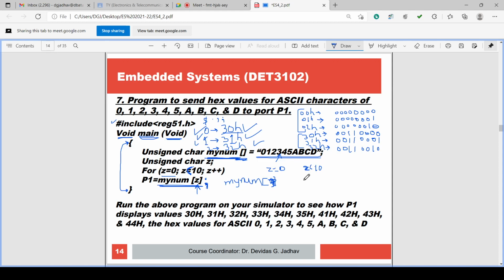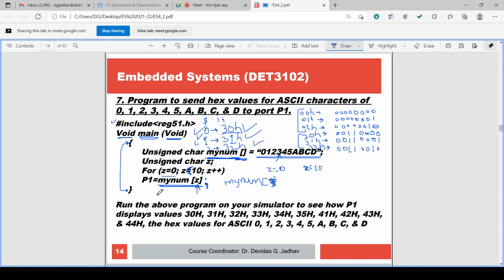So it is the value content of the array having the index z. If index 0 is there, the first value is there; if index 1 is there, the second value is there; index 2, and so on, 3, 4. Index 9 is there, the last value D is there.